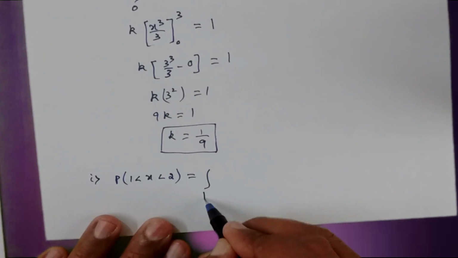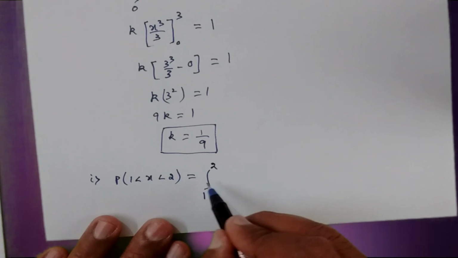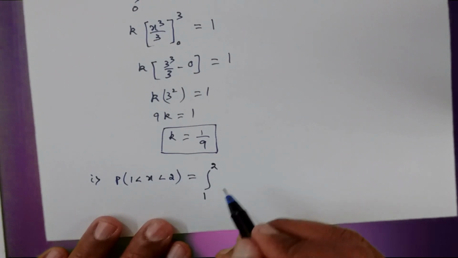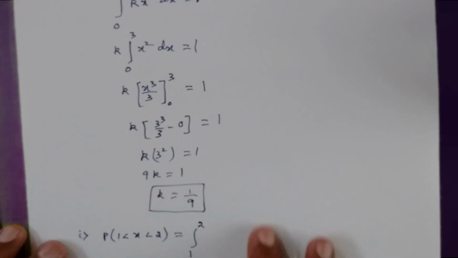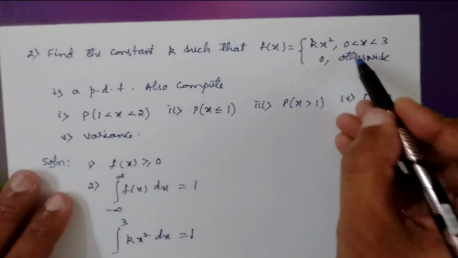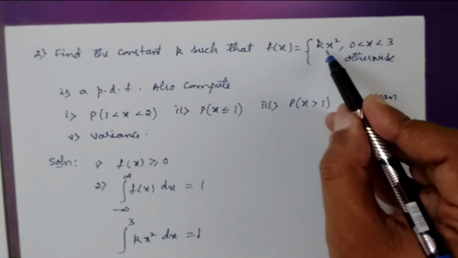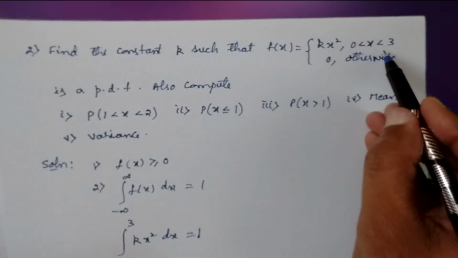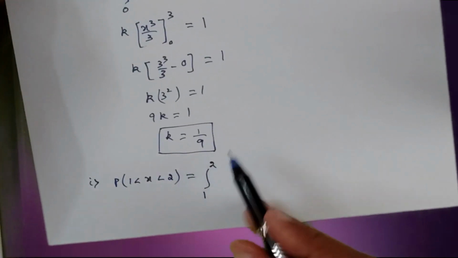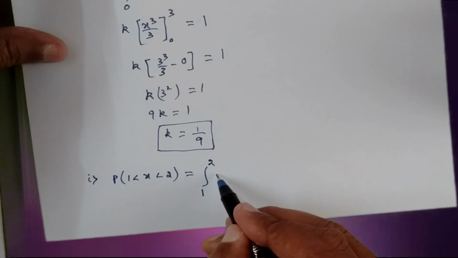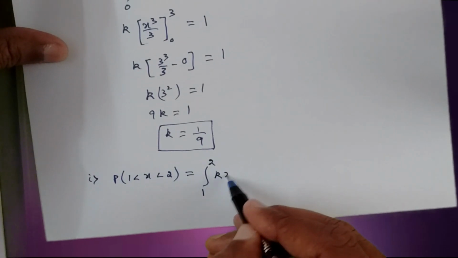What is a to b? A to b is 1 to 2. The integral of f of x dx. So what is f of x between this value 1 to 2? f of x for 0 to 3 is kx square. So 1 to 2 lies between 0 to 3, therefore it will be kx square